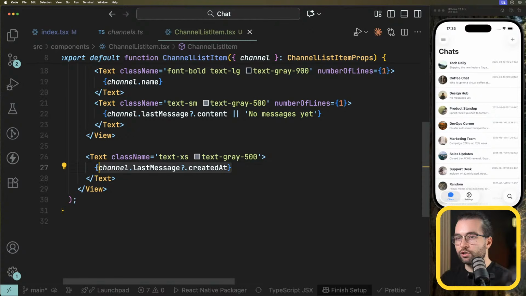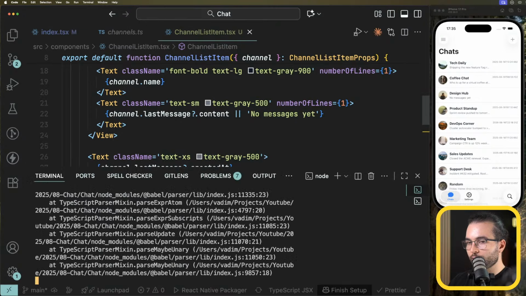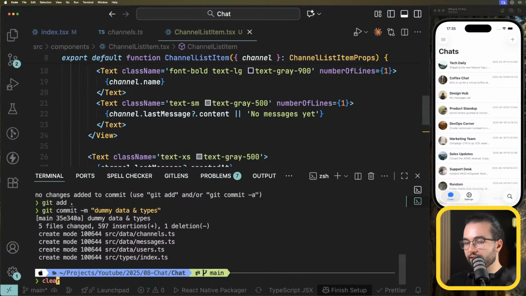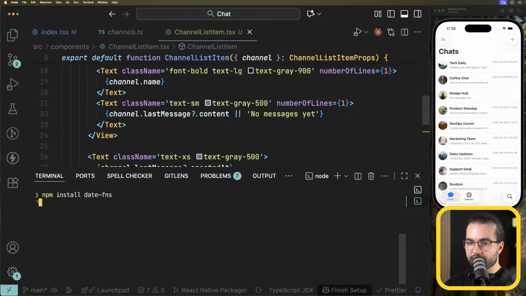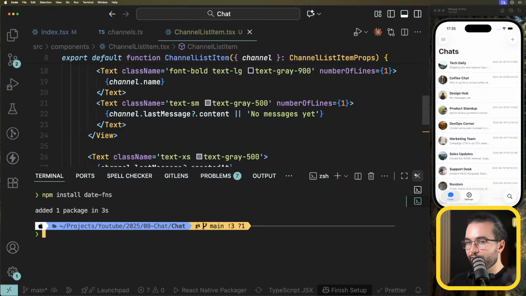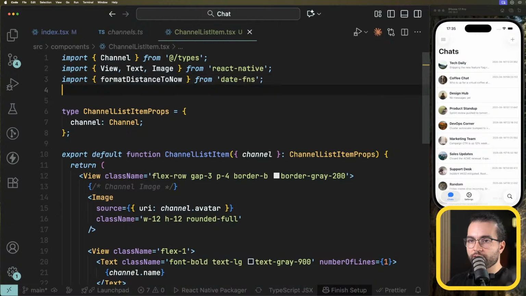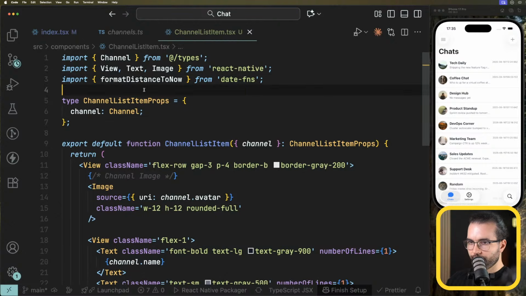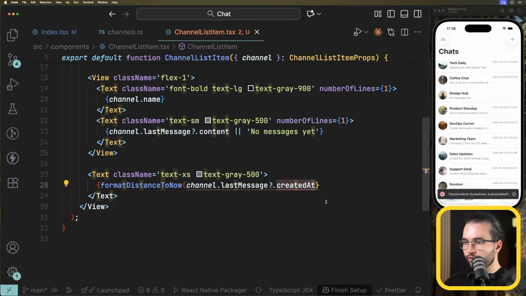So as I was saying, we don't want this date to look like this. We want a more human readable way. For that, I'm going to install a library, npm install date-fns. And using date-fns, we can format this date in a human readable way by importing formatDistanceToNow and saying, hey, I will do formatDistanceToNow of this date,